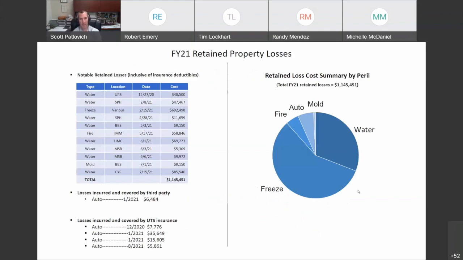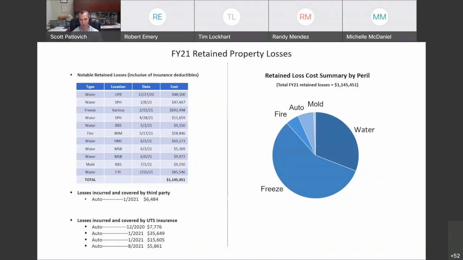When we look at retained losses, by the way, we're switching over to property now. We're not talking about people losses, but property losses. We do have some retained losses that essentially have come out of our back pocket rather than going through our property insurance. We had a bit of a rough year. When you think of Houston, freeze is not something normal. Maybe you guys up in Vermont and Colorado, and some of the northern parts of California, this is an issue, but around here it doesn't freeze very often.